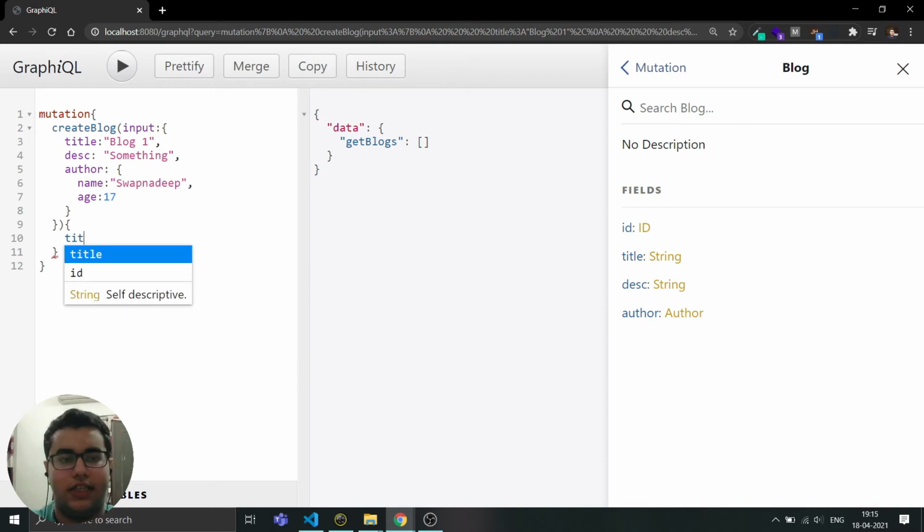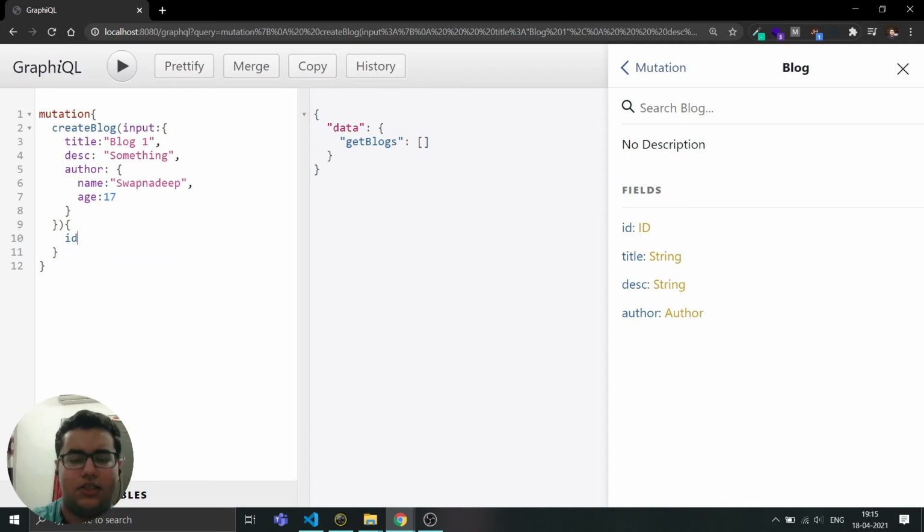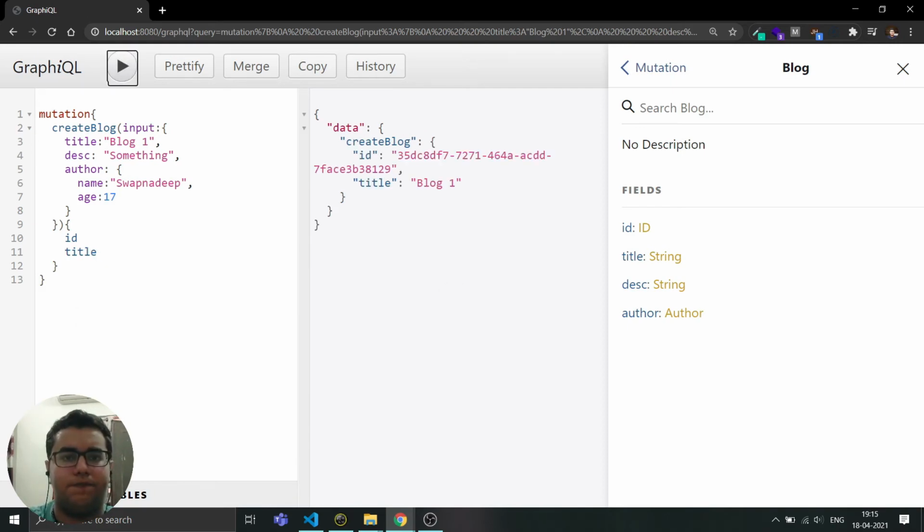Let's say I only need to get the ID. Let me run it. Let's take an ID as well as the title. So if I run it, it is creating a blog. It is returning me the ID and the blog name.